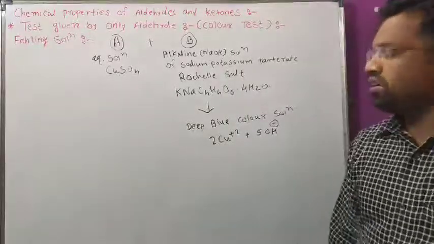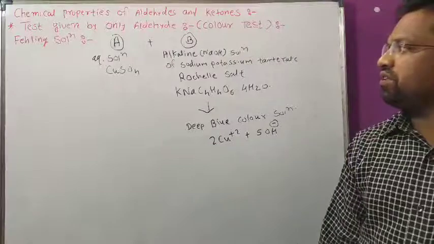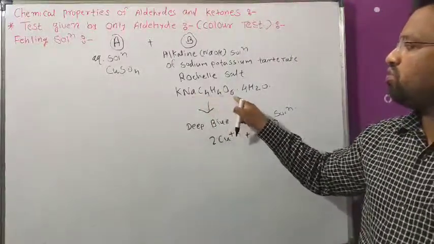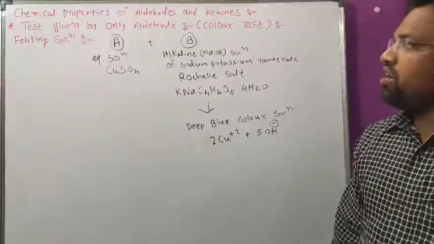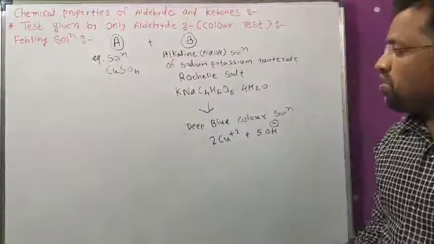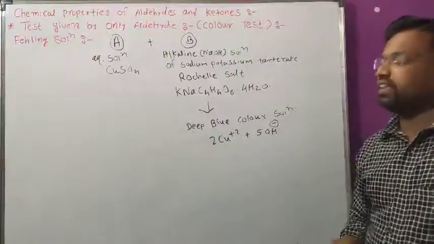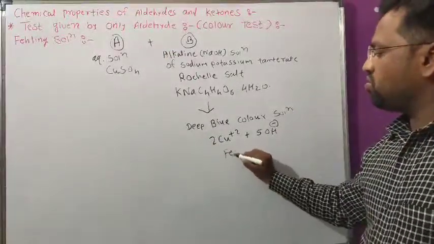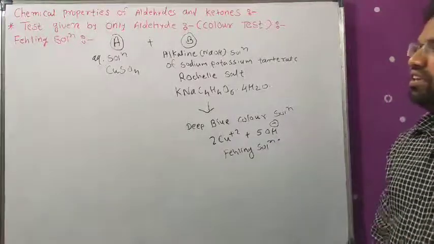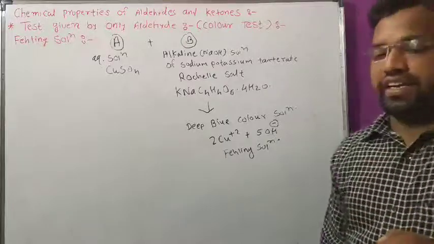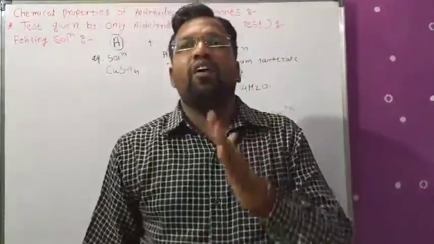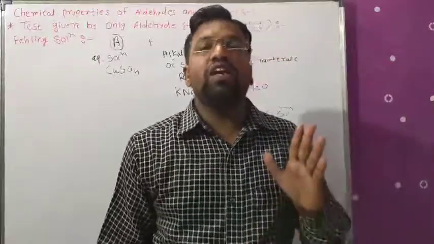Okay, what do we call it, Rochelle salt, and Rochelle salt has the formula KNaC4H4O6·4H2O. Now when solution A and solution B are mixed together, we get a deep blue colored solution, and that deep blue colored solution is called Fehling solution. Okay, now see here, when an aldehyde reacts with the Fehling solution, except aromatic aldehyde, only aliphatic